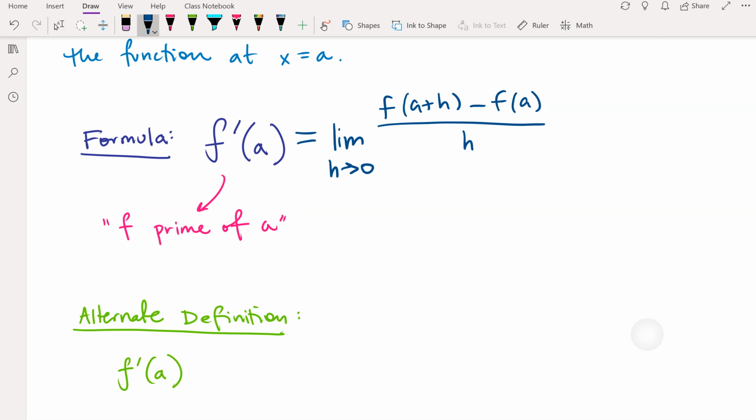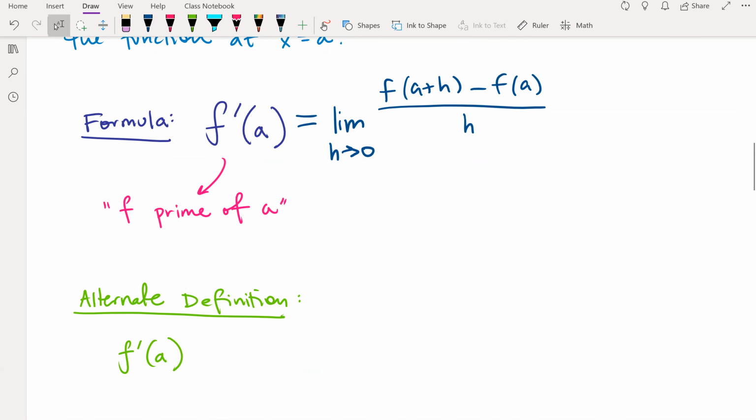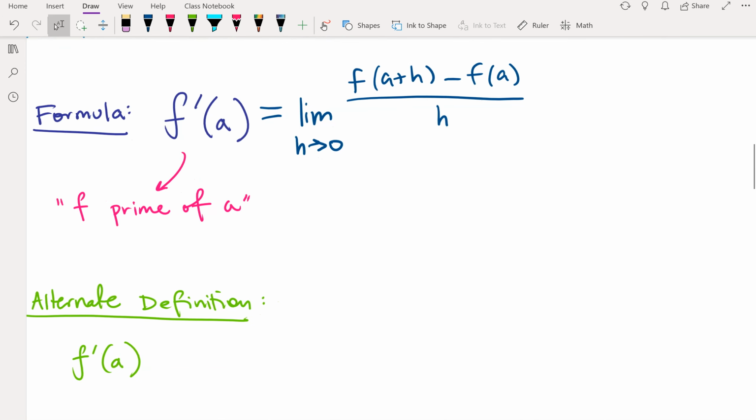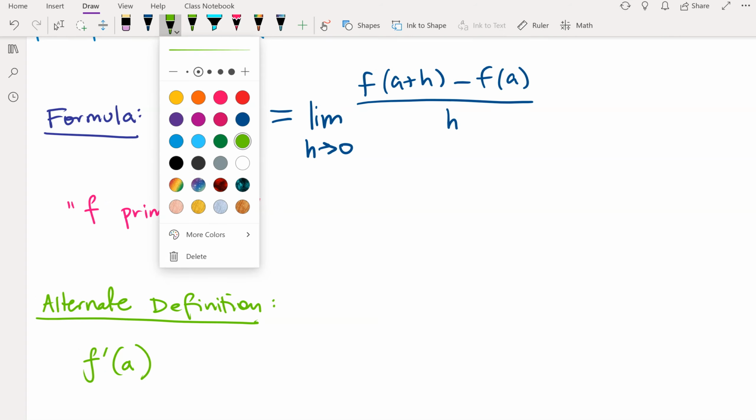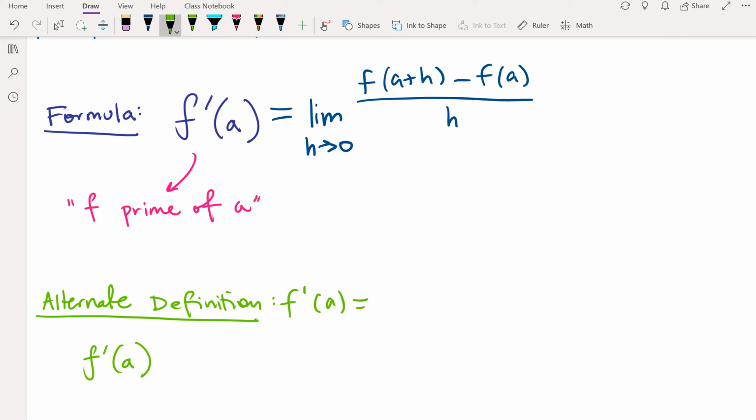Cool. And let's go ahead and get the alternate definition down. That's the alternate definition using limits. And I'm going to do that one in green. So the alternate definition is f prime of a equals the limit as x approaches a of f of x minus f of a over x minus a. And let's really quickly talk about what these two definitions mean, and then we'll actually do some